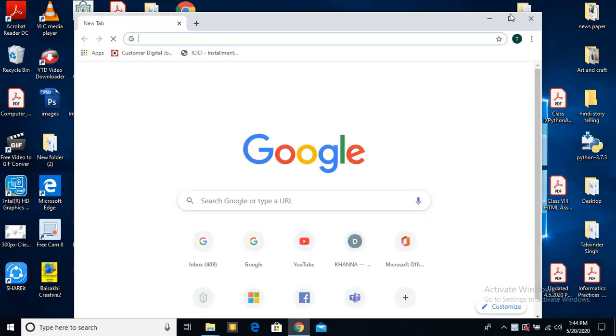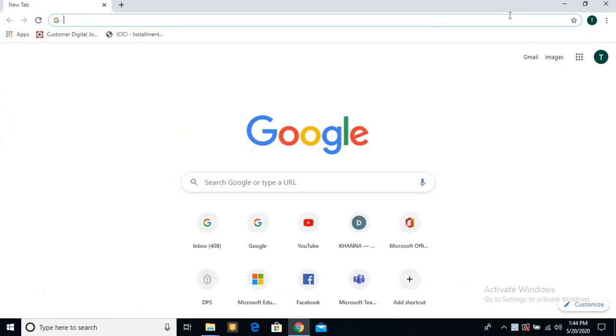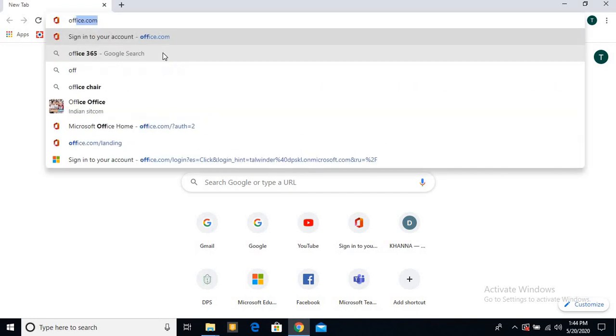One thing I want to tell you, only the Google Chrome browser supports Microsoft Teams. Please don't open this in any other browser. If you have the desktop app, then you can directly fill in your ID and password there and open it from there also. So now what you have to fill in here is office.com,